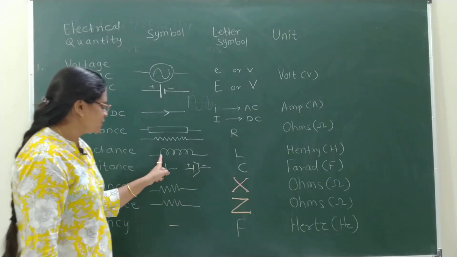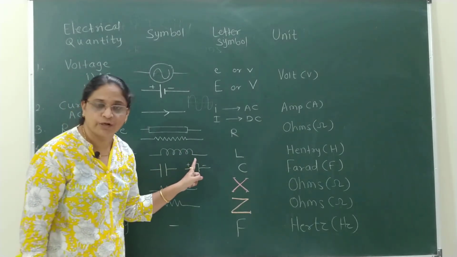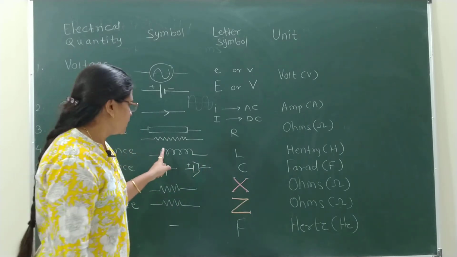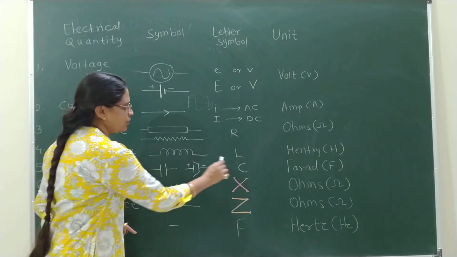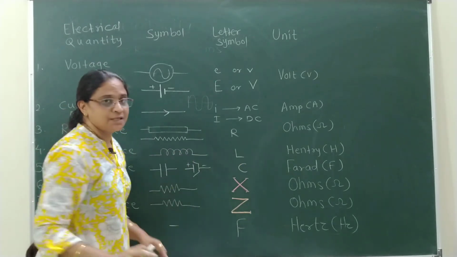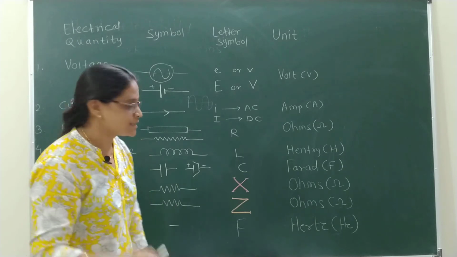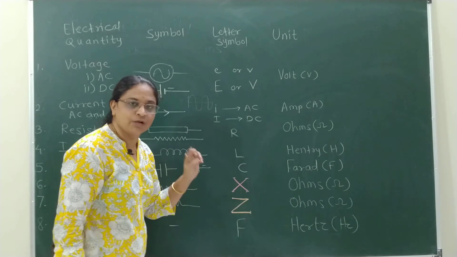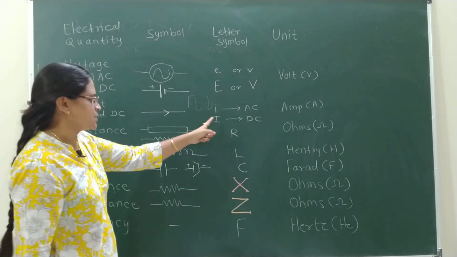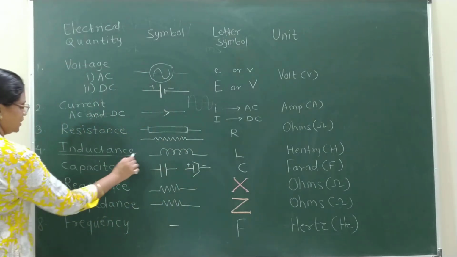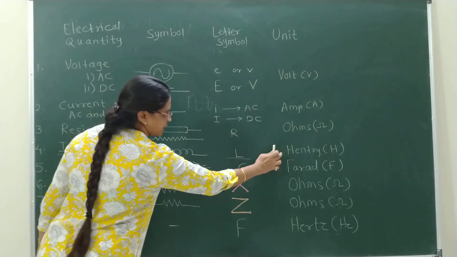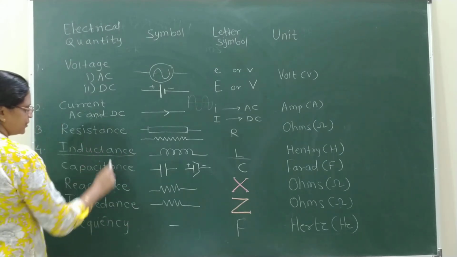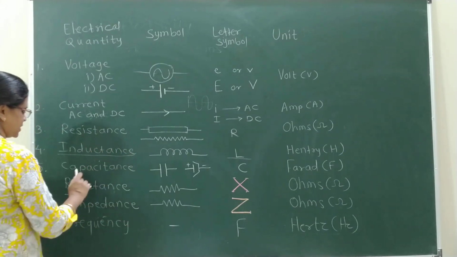Next is inductance, which is the indication of a solenoid, more than one turn of a conducting coil, that is the coil, conductor coil. Here the letter symbol used is L, where the unit is Henry. The letter I is not used for inductance because I is already used for current indication. So inductance is denoted by capital L, its unit is Henry. The components chapter will introduce all these passive components.